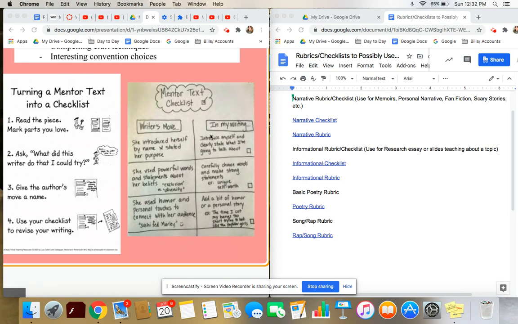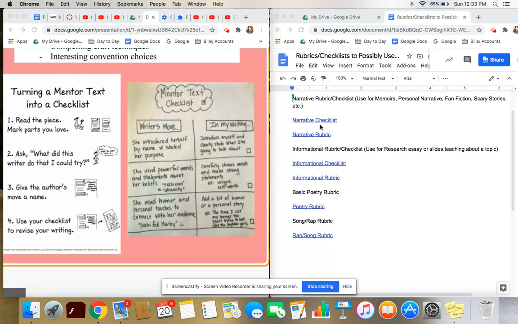And I've given an example of this based off of the speech that we watched last week. I know that this little girl, when she gave her speech, she used humor to capture her audience. I think that's probably a strategy that you could mimic if you were giving a speech. If you are writing a poem, perhaps the mentor text that you selected, you like the rhyme scheme, and you could also mimic that in your last poem. If you are writing short stories and your mentor text really did a nice job of describing a setting or introducing a character, you could mimic those strategies that that author used in your short stories also.